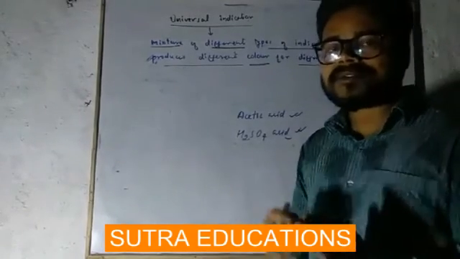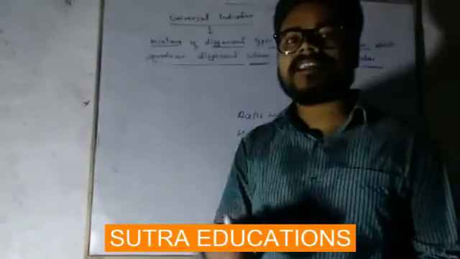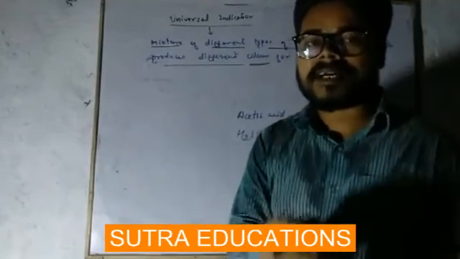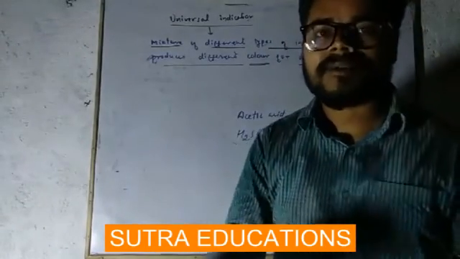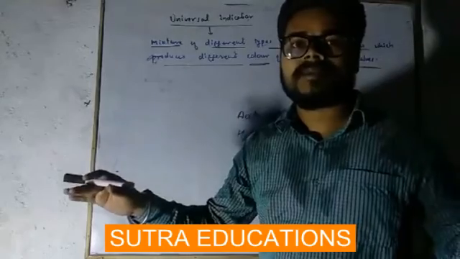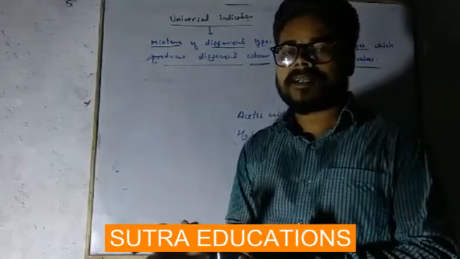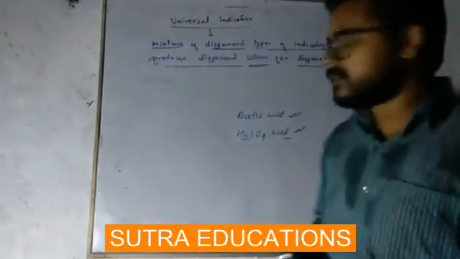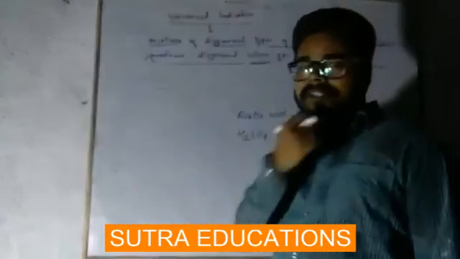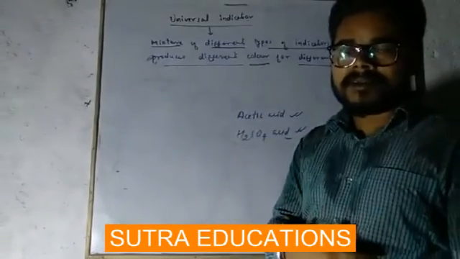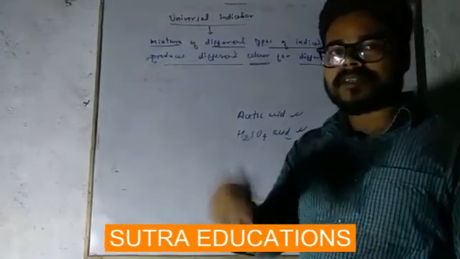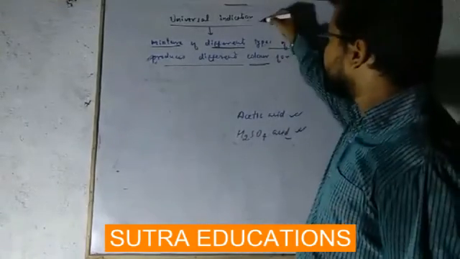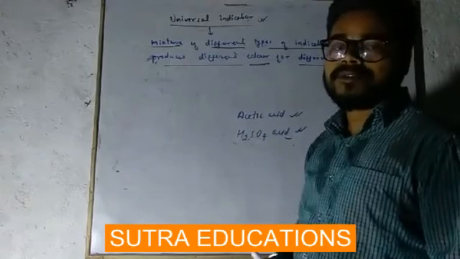But when it comes to which one is more acidic, which one is the strong acid, then litmus paper or methyl orange or phenolphthalein, all these three fail to explain which one is more acidic. Getting this? These can only tell whether the sample is acidic or basic. When it comes to which one is more acidic, which one is more basic, they fail to answer. So universal indicator is prepared to overcome this.